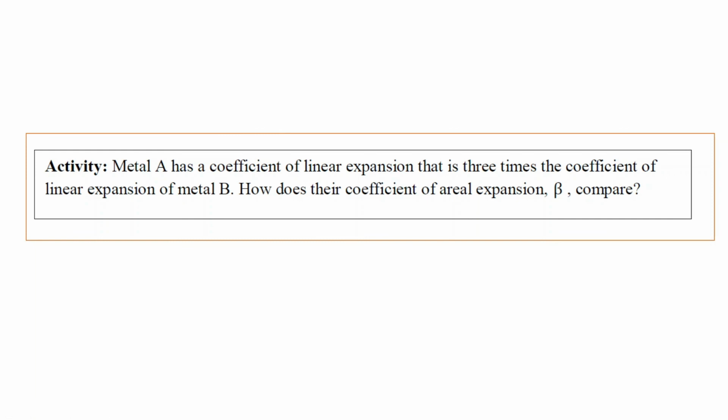A has 3 times that of B. So if it is 3 times B, therefore for beta, it is 6 times because it is 3 times. In general, metal A has 6 times the value for areal expansion